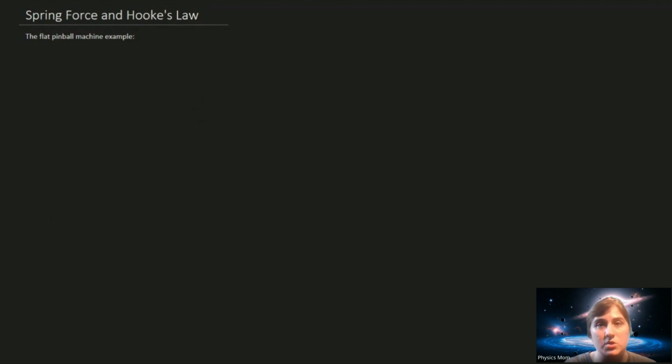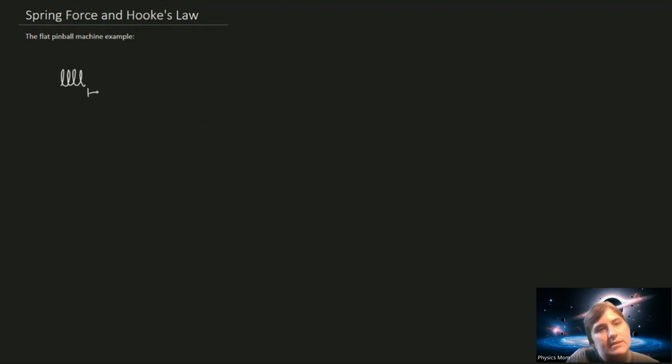The launcher for the pinball has a spring mechanism. You pull down on the spring and it pushes the pinball up. That's going to counteract gravity for a regular pinball, but because we haven't gotten to two-dimensional motion yet, we're going to pretend it's just flat on a surface, and I'm going to represent that here as, let's say, we have some compressed spring,